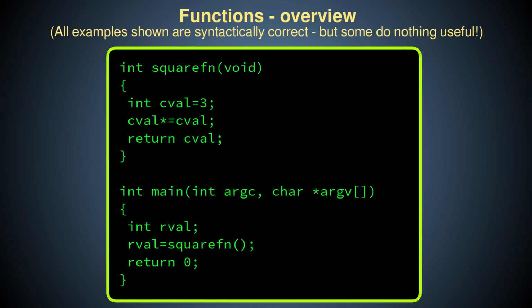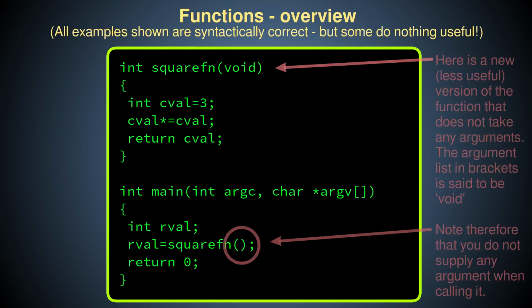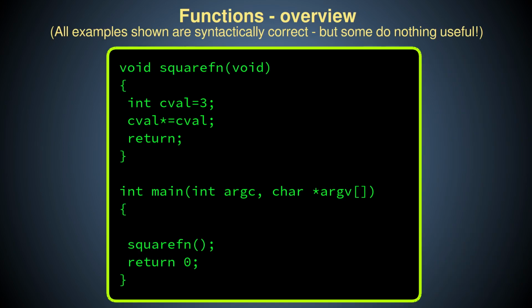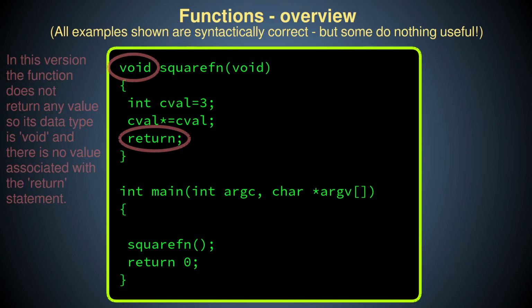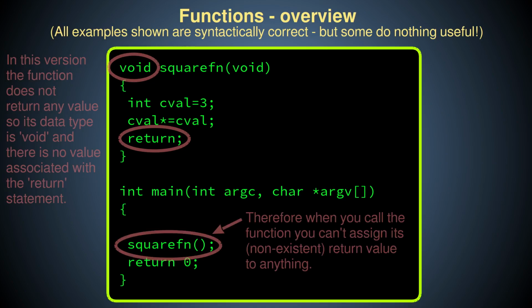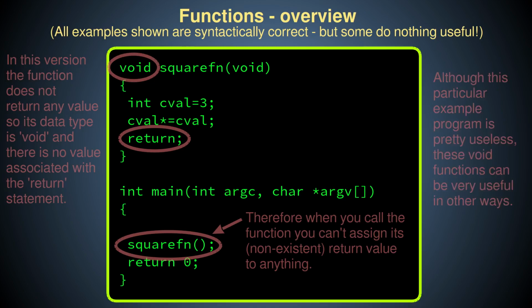Some functions take no arguments. The argument list in their brackets is said to be void. Some functions do not return a value. In that case, the function's data type is also described as void. It is possible to have a C program where all the processing is done entirely in the main function. But this is uncommon because even very basic tasks like simple input and output will usually be done using other